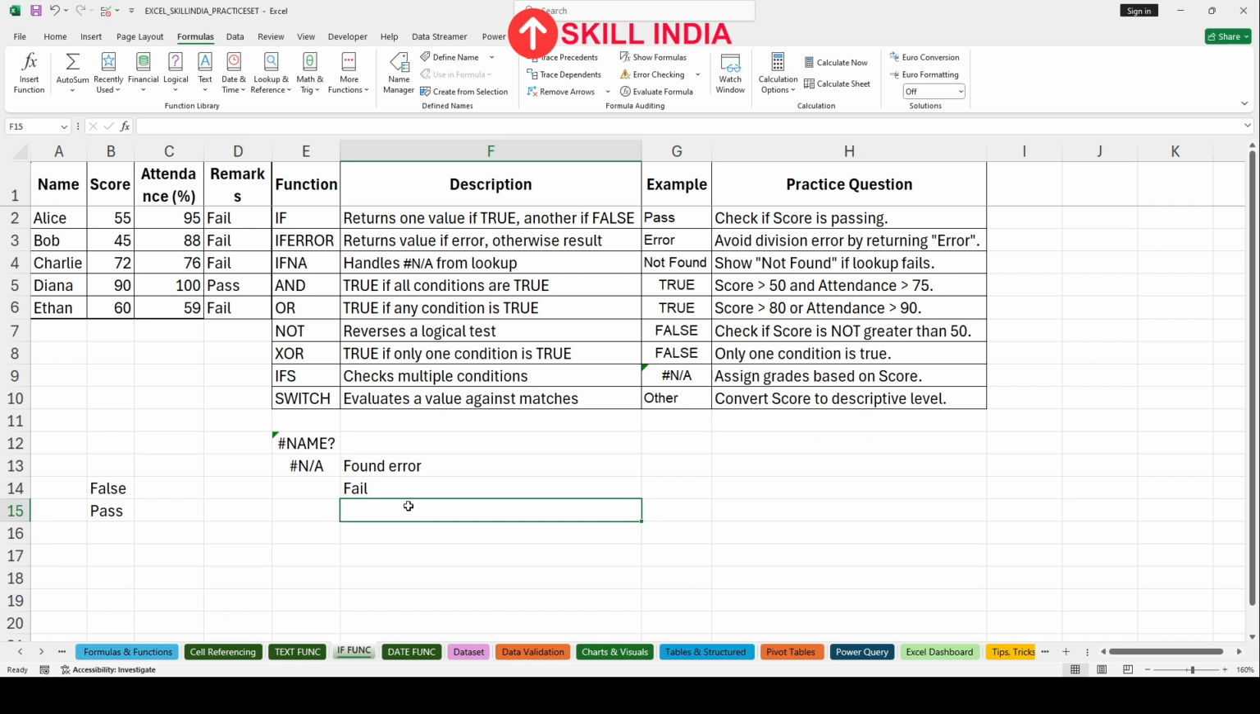XOR, or in public many say this is a XOR, but it is a XOR function. It is true if only one condition is true. XOR means this is greater than 45, greater than 96, but it is showing true because the first thing is true, means true if only one condition is true. If it checks multiple conditions,